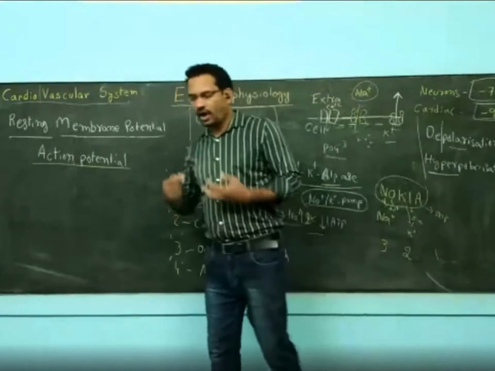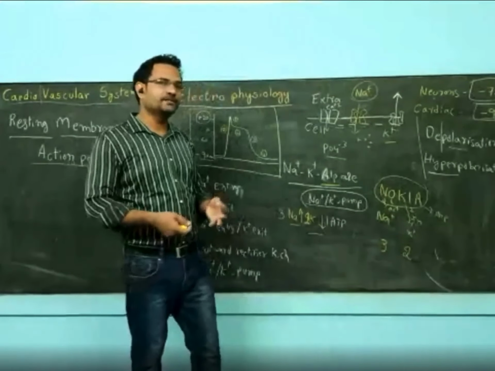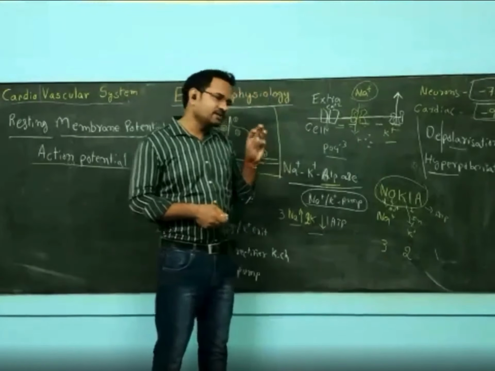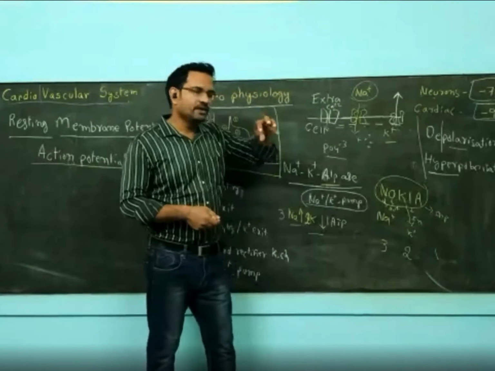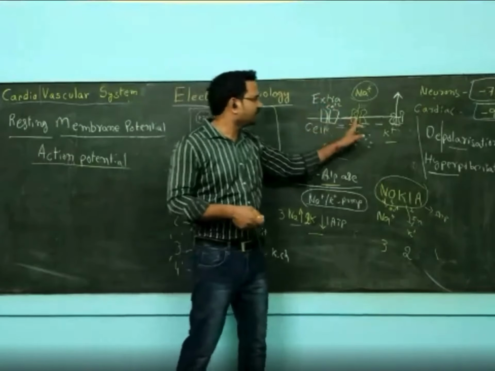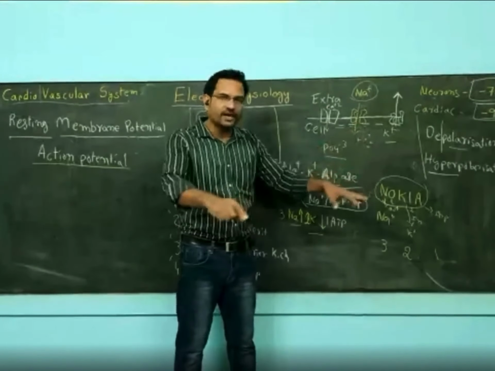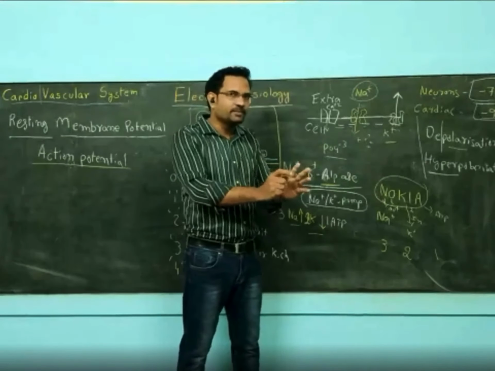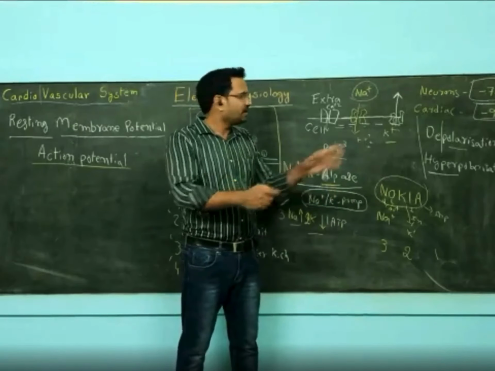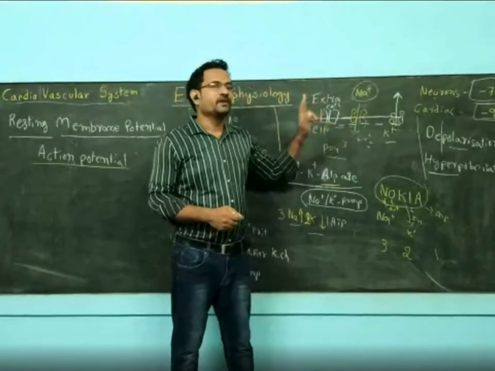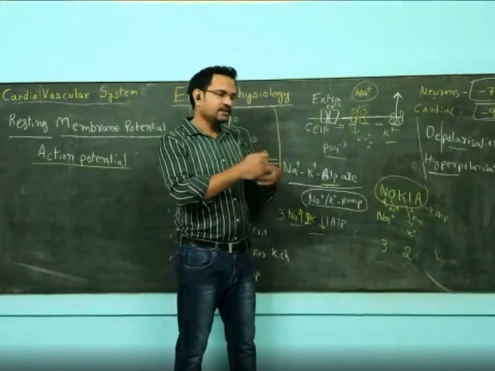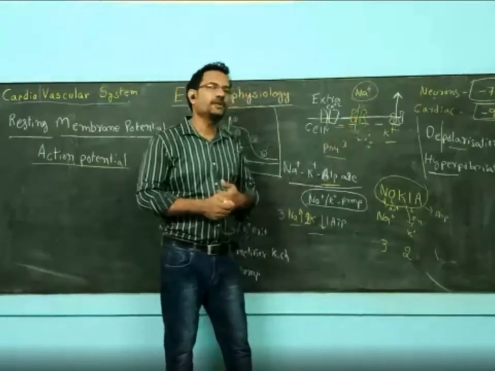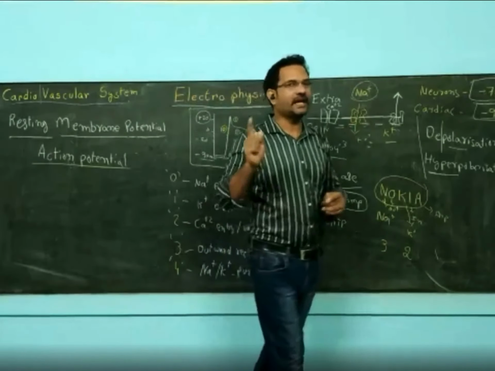Now, how are the cells responding? They're responding according to the SA node signal. The SA node is a pacemaker cell. That is what is giving impulses. When the SA node releases an impulse, because of that impulse, sodium channels open in the rest of the cardiac cells. Why is it opening? That impulse is changing voltage. Because of this change in voltage, the sodium channel opens. Hence, they are known as voltage-gated ion channels.